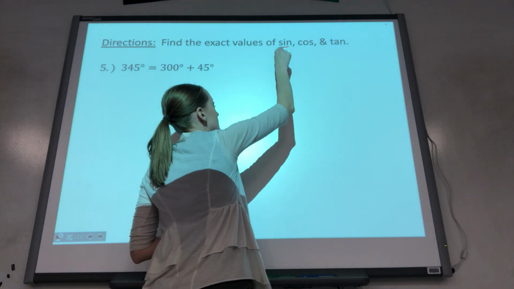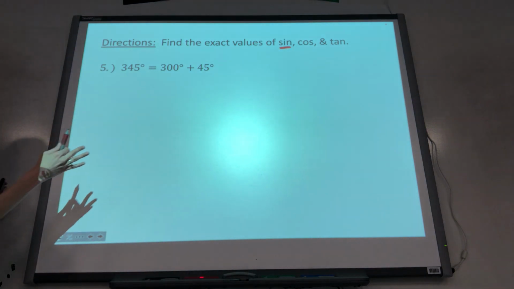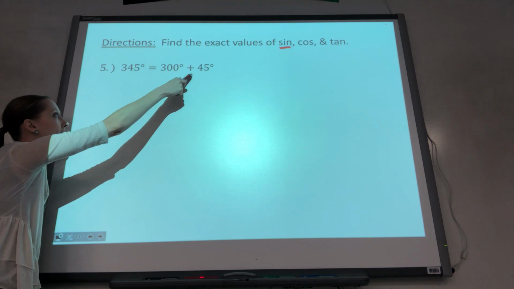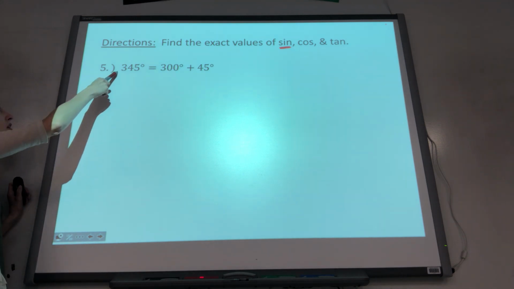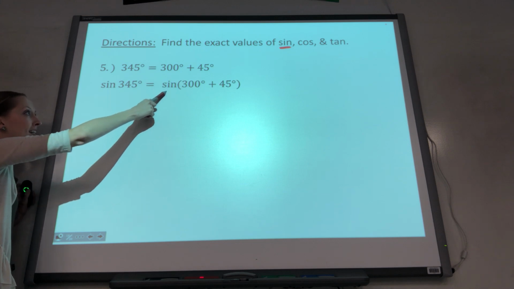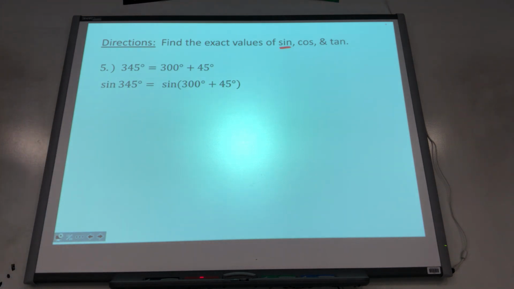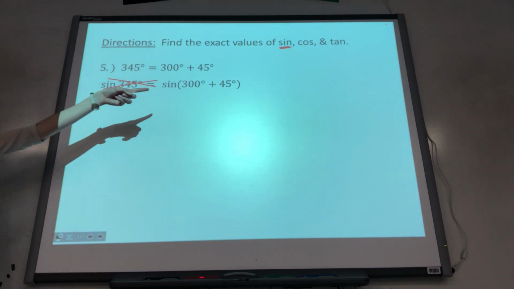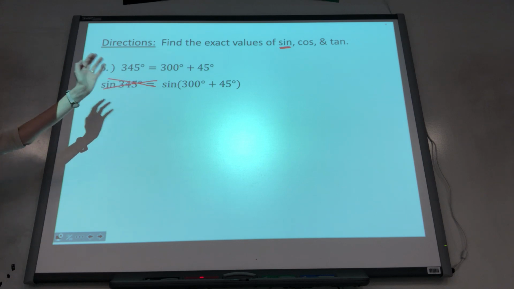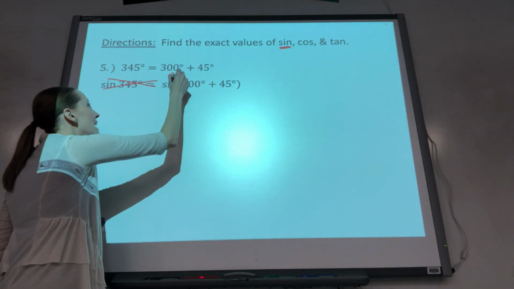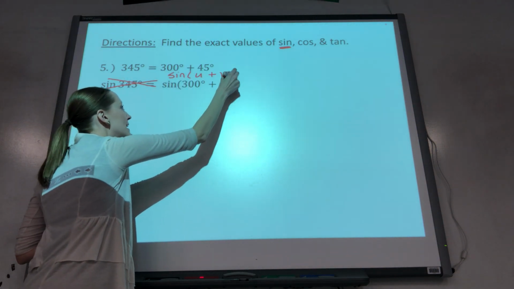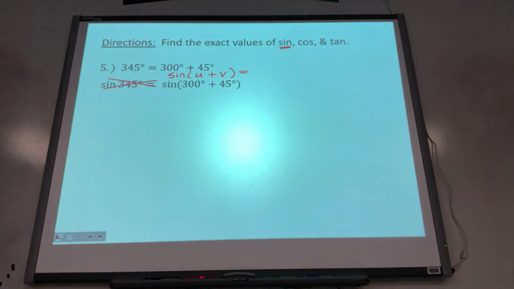So I'm going to start by finding sine of this sum. Now on the PowerPoint, I actually put sine on both sides, but really for the rest of this problem, I'm not looking at the front part anymore, because again, 345 is not on Handy Dandy, but those angles are. Now you may or may not have your formulas in front of you. If not, let me at least give you what this formula is.